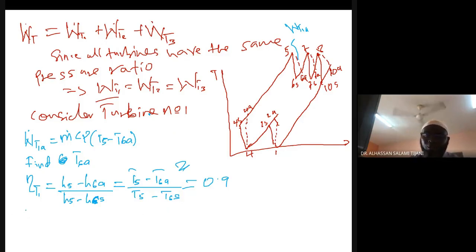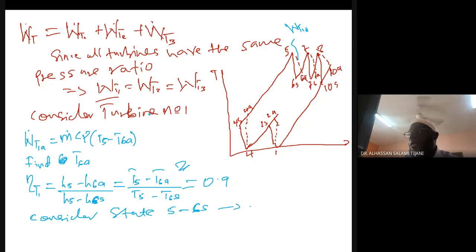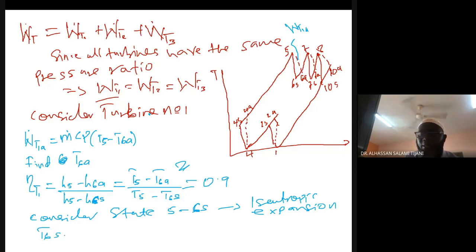So we need to find T6S and then substitute into this equation. This means we have to consider states 5 to 6S. That is isentropic expansion. All right, if it is isentropic expansion, it implies that T6S divided by